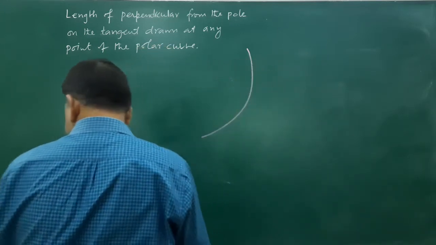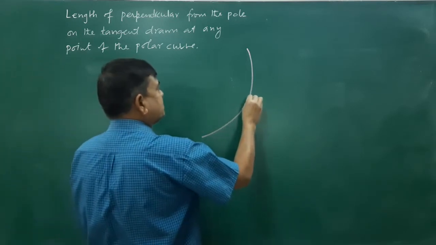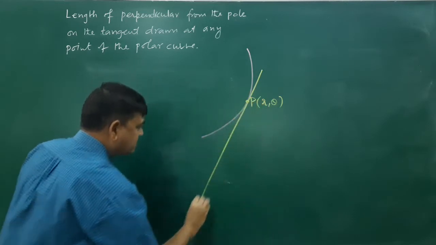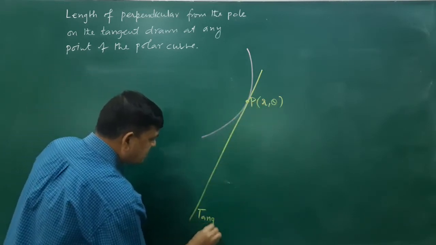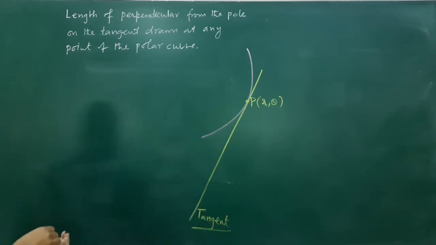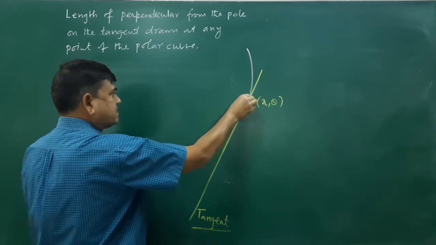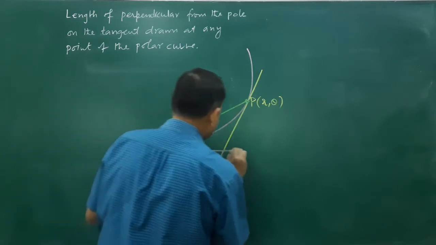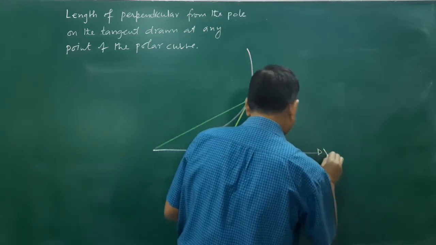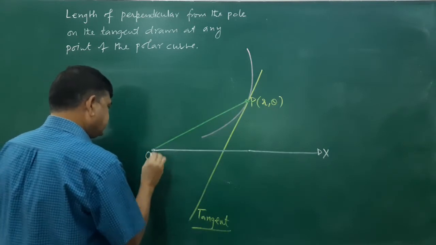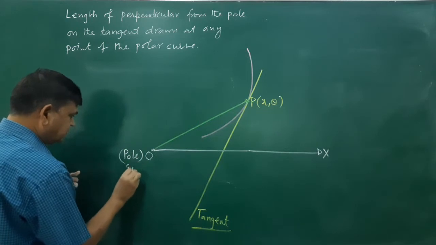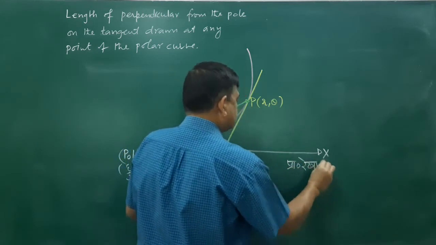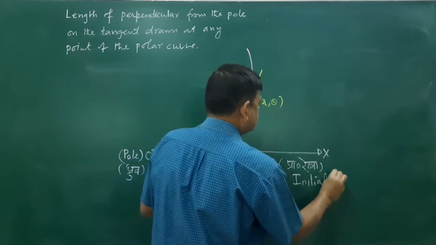So suppose this is the point P, r comma theta, and this is the tangent, you know that. Initial line, this is the pole,